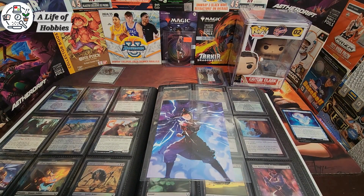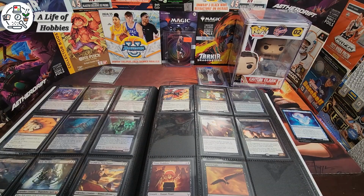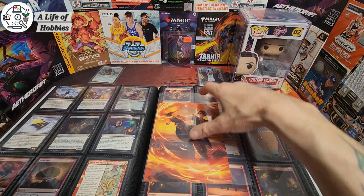For black, we had a few cards left. Let's see. Day of Black Sun. First card out of there for black. And Obsessive Pursuit. And the Rise of Sozin. And black is complete. Ta-da. Now, as far as red goes,